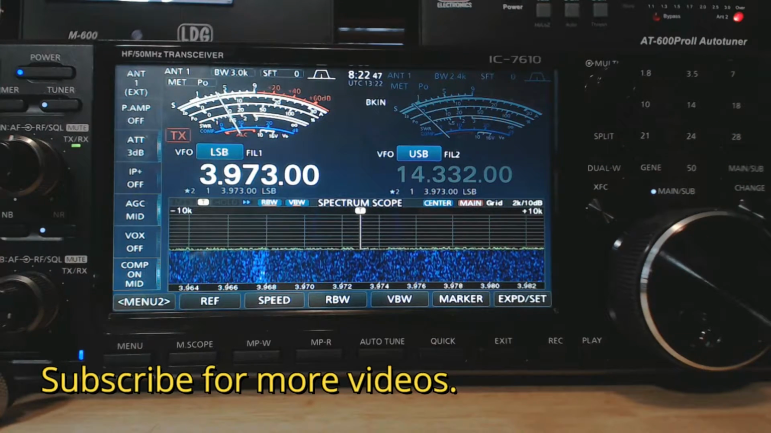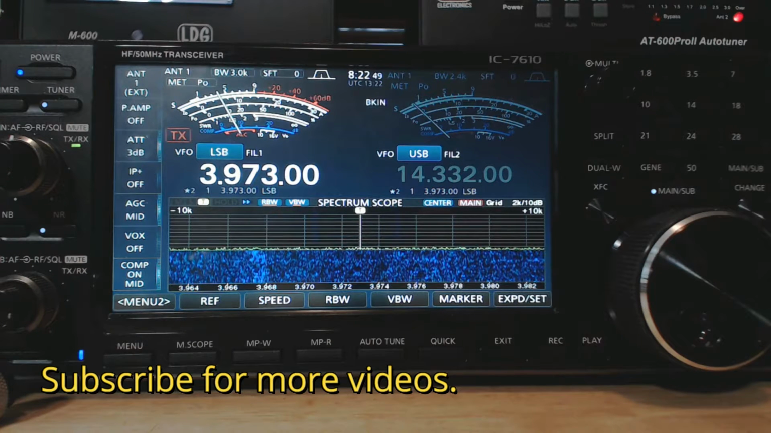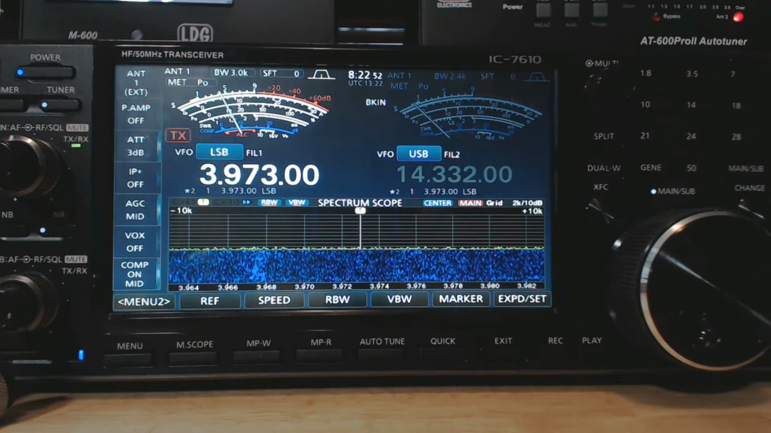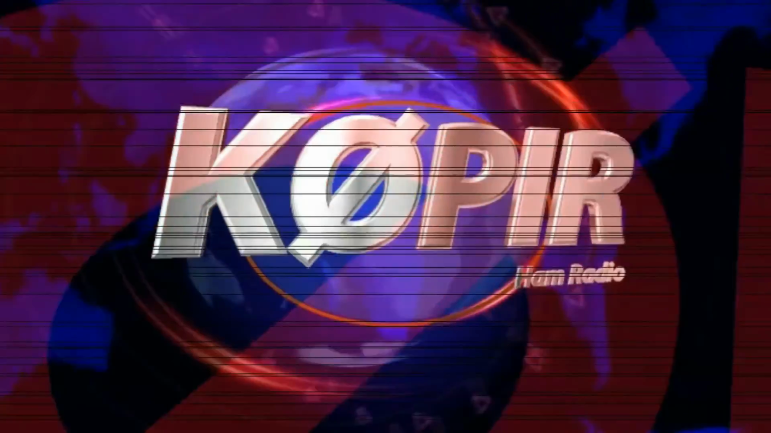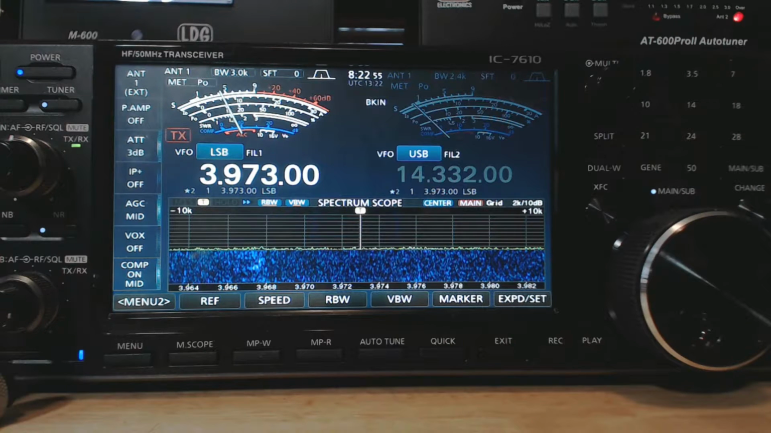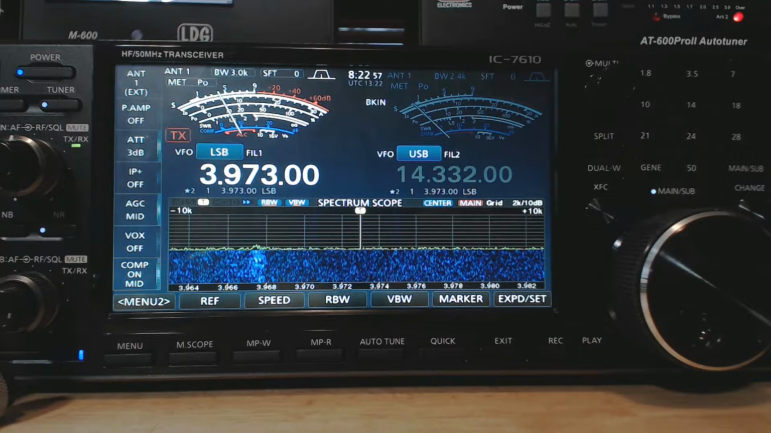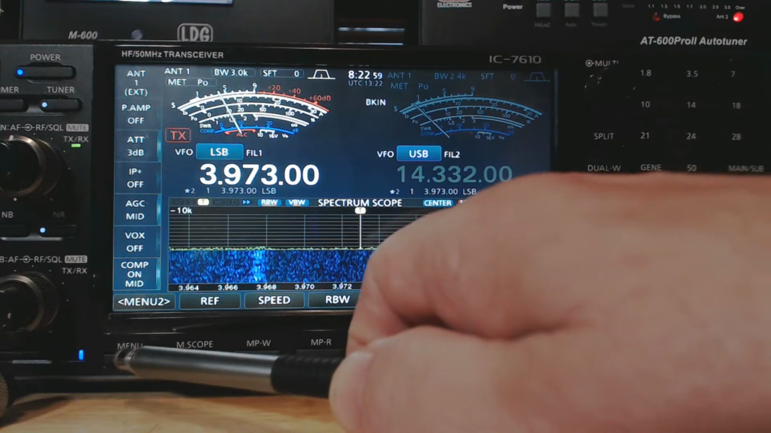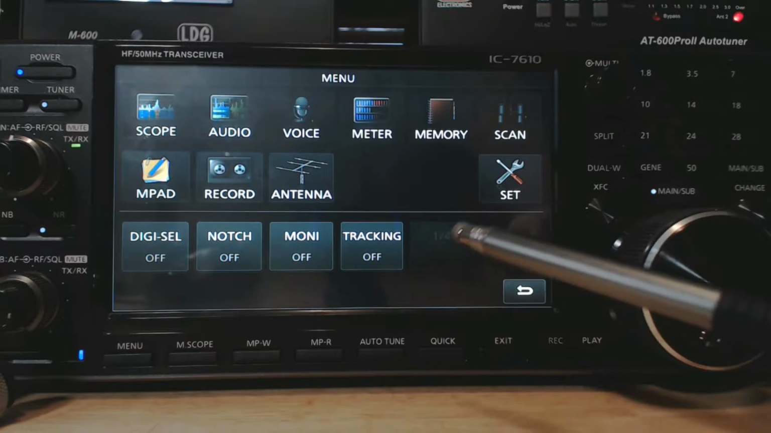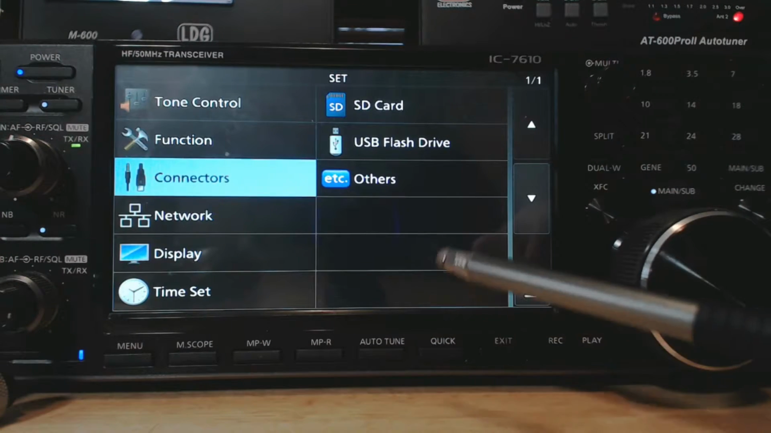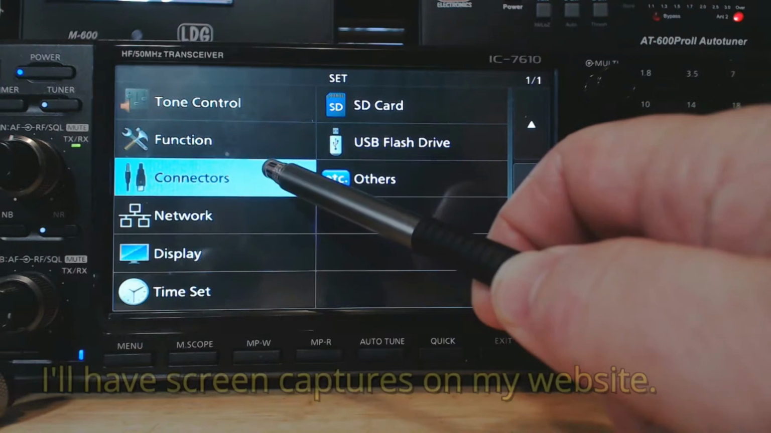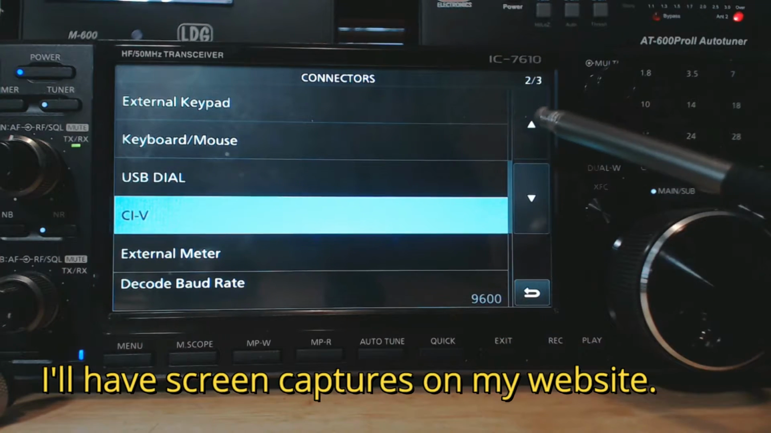And this morning we're going to be setting up the Icom 7610 with BA1, the remote software from Icom. And the first thing we want to do is set up the 7610 so we can get connected. Let me go into the menu, set, connectors, and I'm going to show you what I have